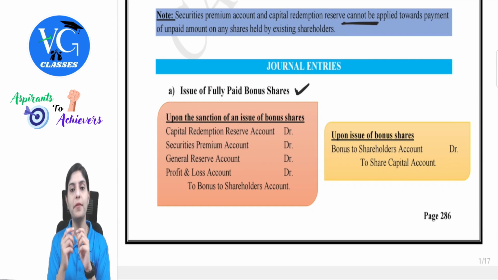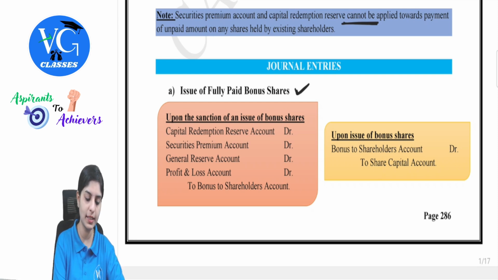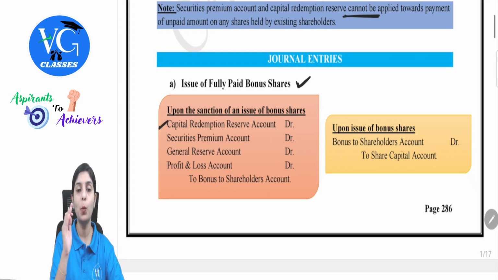See, first of all, we are converting whatever reserves into share capital. So the first point to understand is what reserves are eligible to go ahead with this activity. There are specific reserves. What are those reserves? First one is capital redemption reserve. Whatever we are going to understand, you will utilize the reserves balance for issue in the same order as written here, guys. Be very specific. So first priority will be for capital redemption reserve.